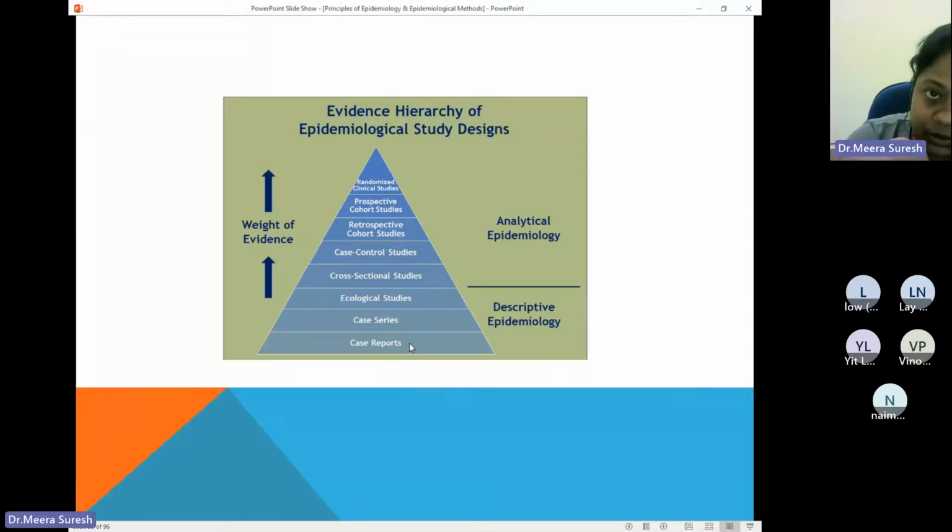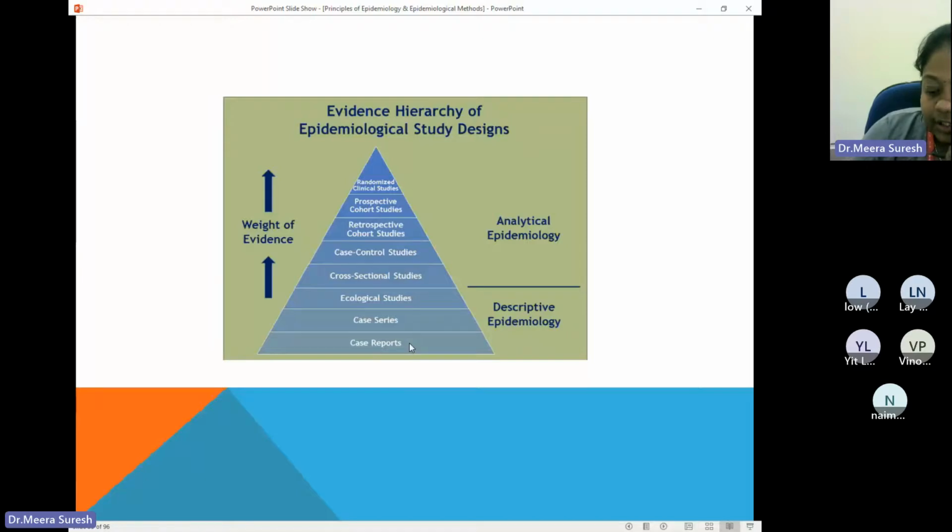When we are going to learn something or when we do an article study, we need to be very sure where we are taking the information from. Because the information coming from case reports, case series, or that we take from the news, the paper, paper meaning the newspaper, everything like that has a lower value, the editorials, etc. And as the study advances, so does the weight of evidence. So now the fourth one is what we are studying, the cross-sectional studies.